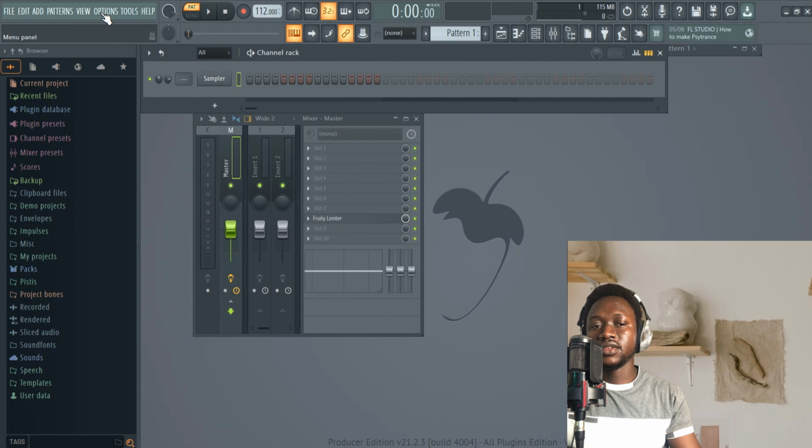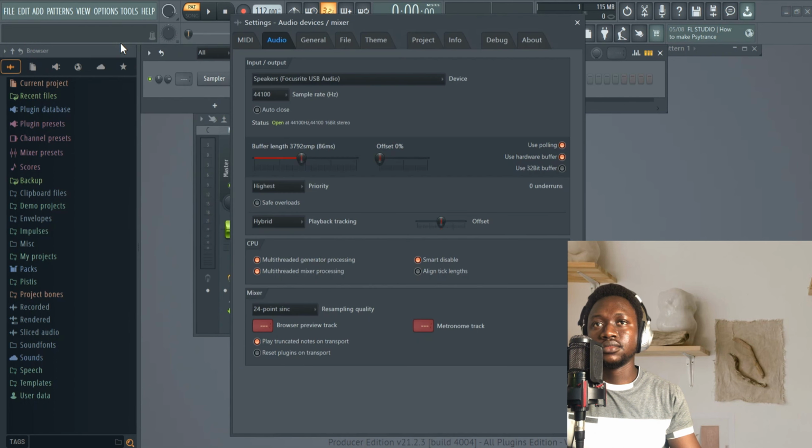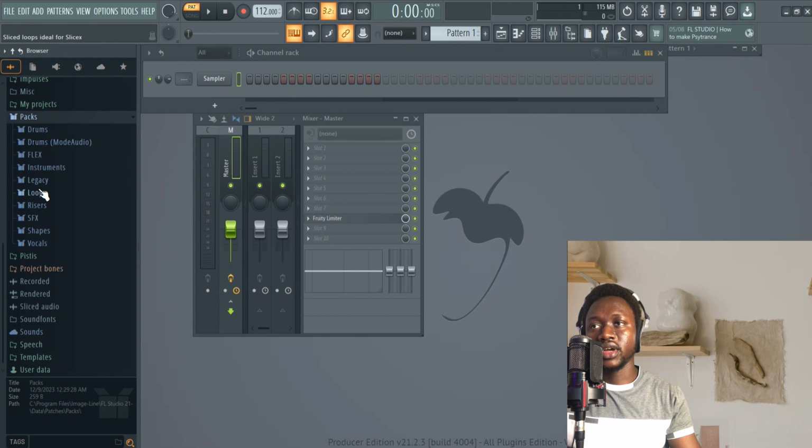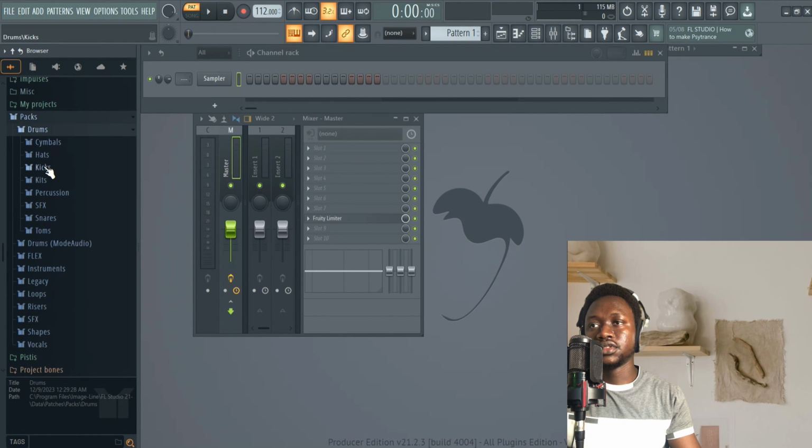So for here I have the browser. This is where you browse your sample packs and your files and your plugins. So I'm going to pick in some default packs here. So drums, kick,